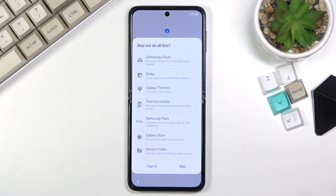So we have Samsung Cloud, which is covered by obviously Google Cloud. We have Bixby, Hey Google. We have Galaxy Team, entire Play Store. Find My Mobile, Find My Device from Google. What else there? Samsung Pass. I don't think Google has a name for it, but it does give you an option to save your password, because that's basically what it is, a saving of your password. Then we have Galaxy Store, obviously the entirety of Google Play Store, which comes with way more applications than this trash comes with. And then we have Secure Folder,